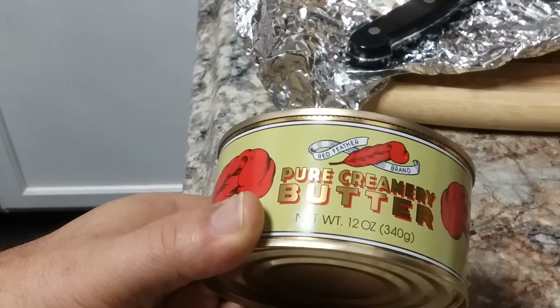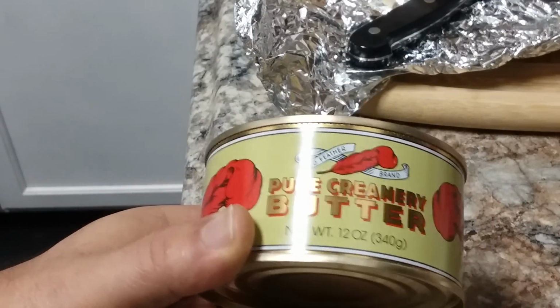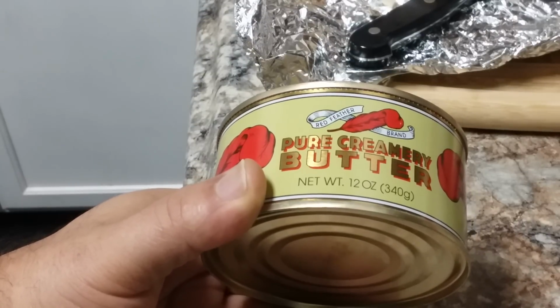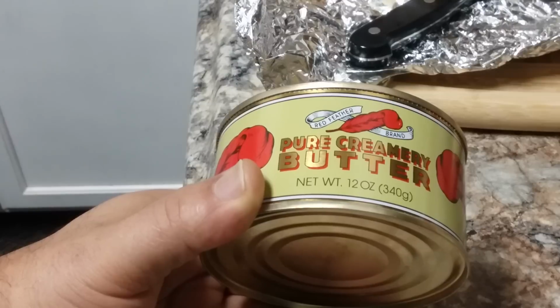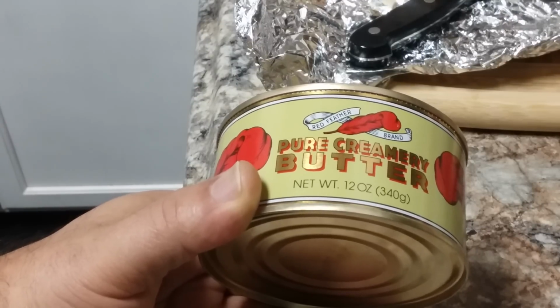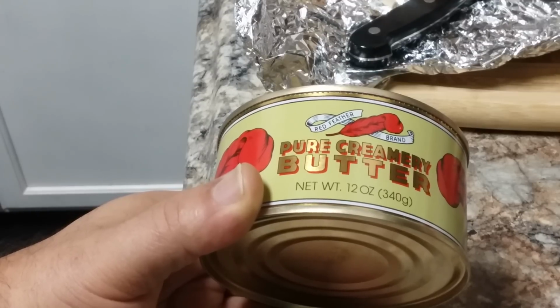So I'm going to start rotating my butter in a can and my cheese in a can out. I've had them for a few years and I'm going to buy some fresh product so that I can rotate out my pantry. This butter, I've got a lot of people who've been asking me over the last few